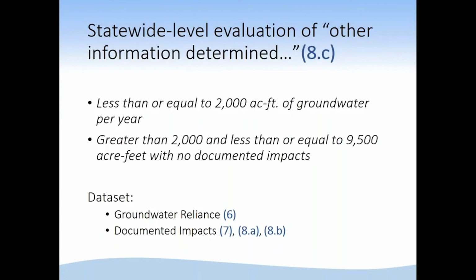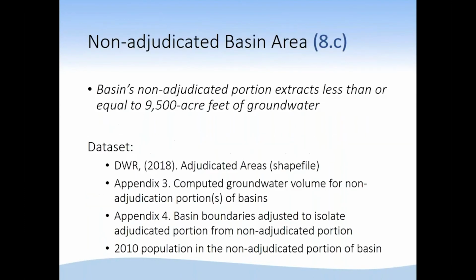And the second one was, are there documented impacts that potentially could be impacting the groundwater management or sustainability of the basin. So those are the 3 that we looked at, or those 2 data sets, 4 different sections that we used to answer this question. And it affected quite a few basins, one way or the other.